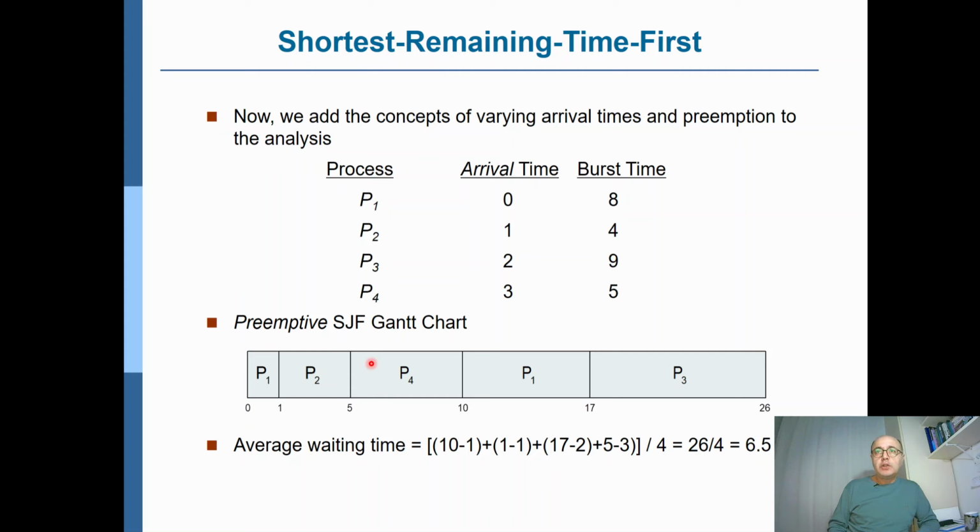So the shortest time first algorithm now would work as follows. Let's look at an example again. We have 4 processes, P1 to P4, with their burst times given here in the last column. But these processes this time do not all arrive at t equals 0, but they arrive at times 0, 1, 2, and 3 respectively. So if I apply the preemptive shortest job first scheduling and draw its Gantt chart,